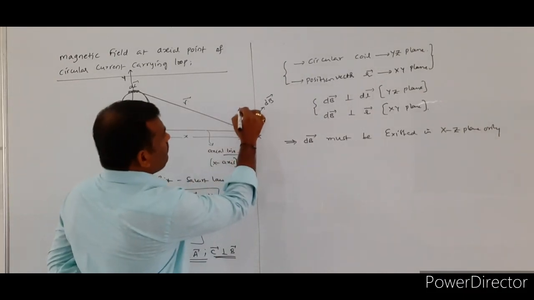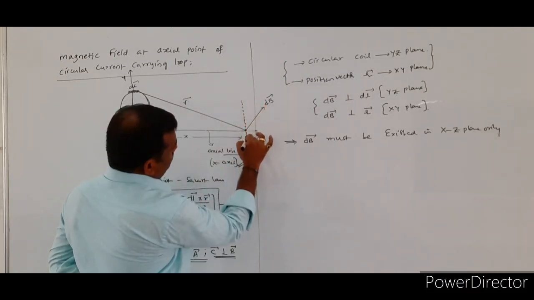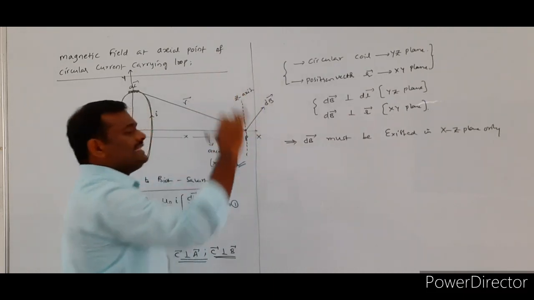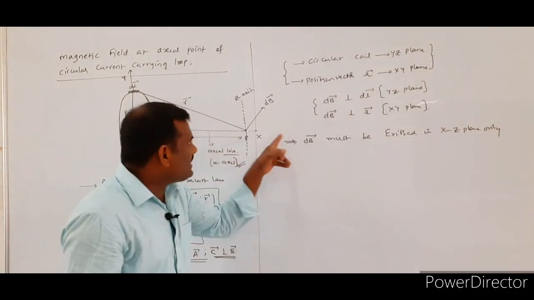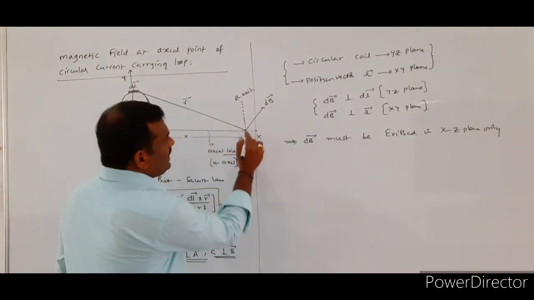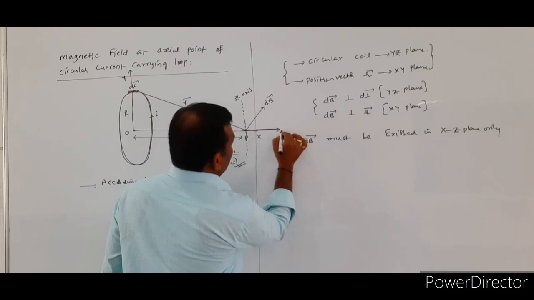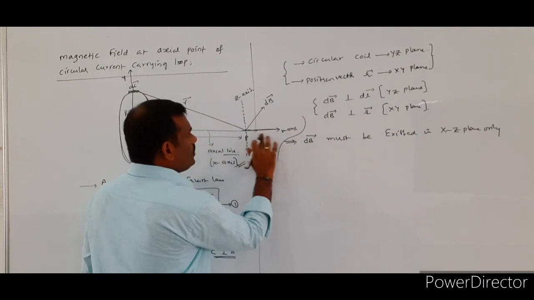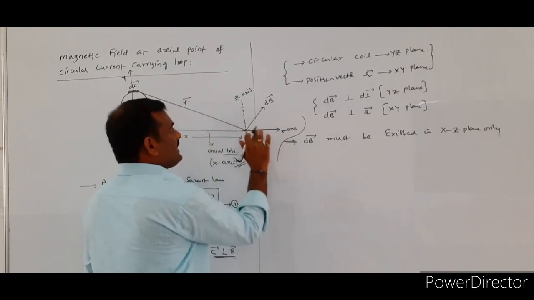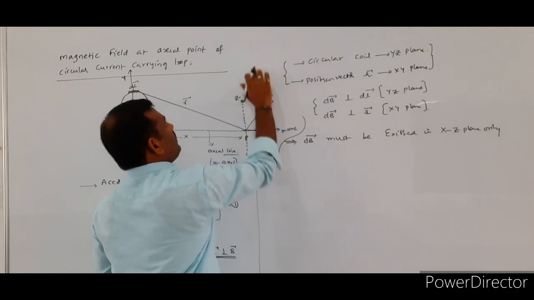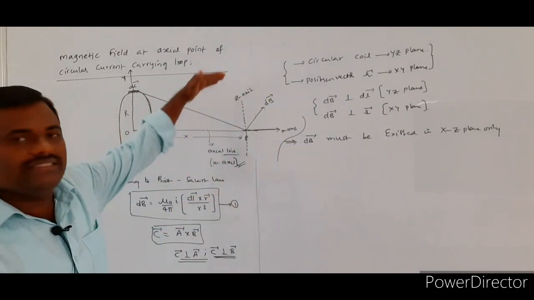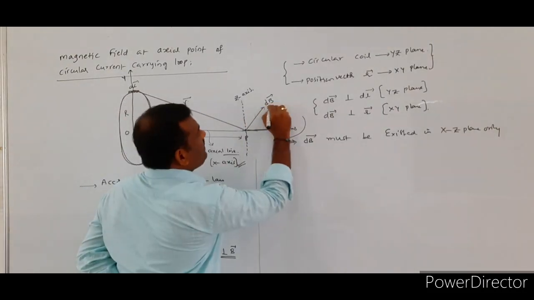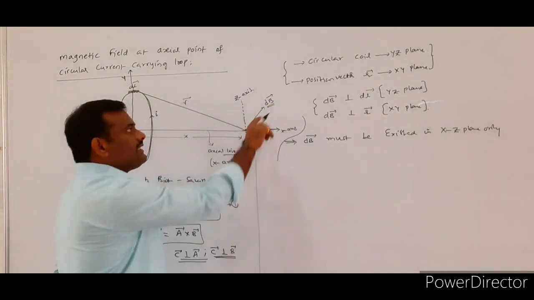So here if you assume, it is indicating the Z-axis. This dotted line is indicating what? Z-axis. Already we assume this axial line is along which axis? This axial line will be taken as X-axis. So this axial line will be taken as what? X-axis, and this dotted line will be indicating what? Z-axis.